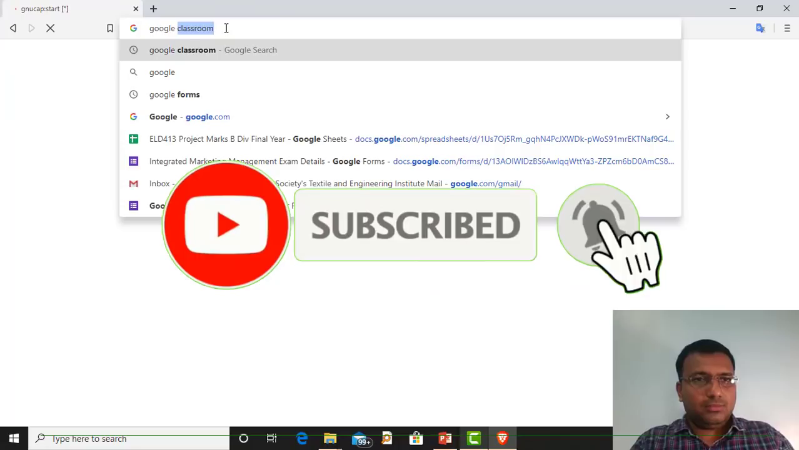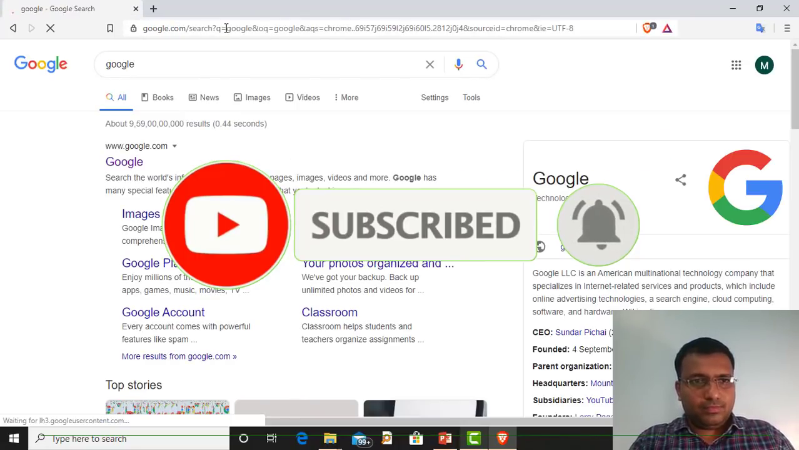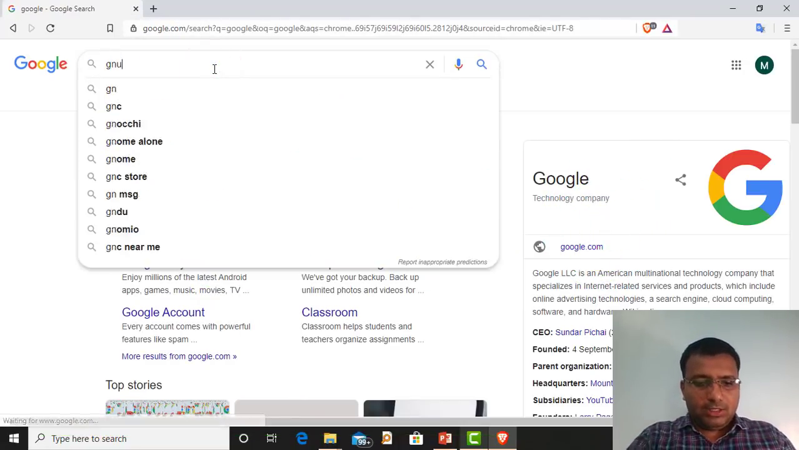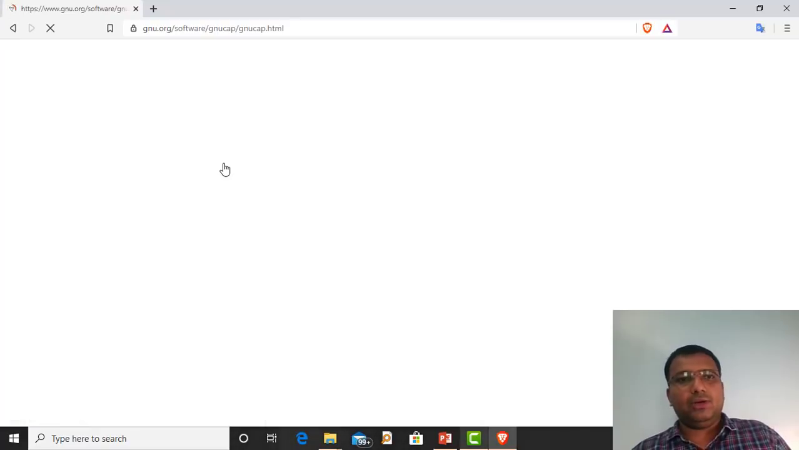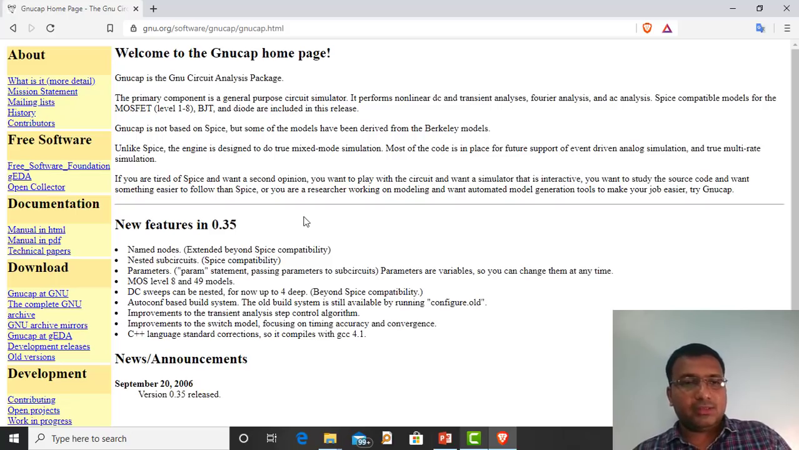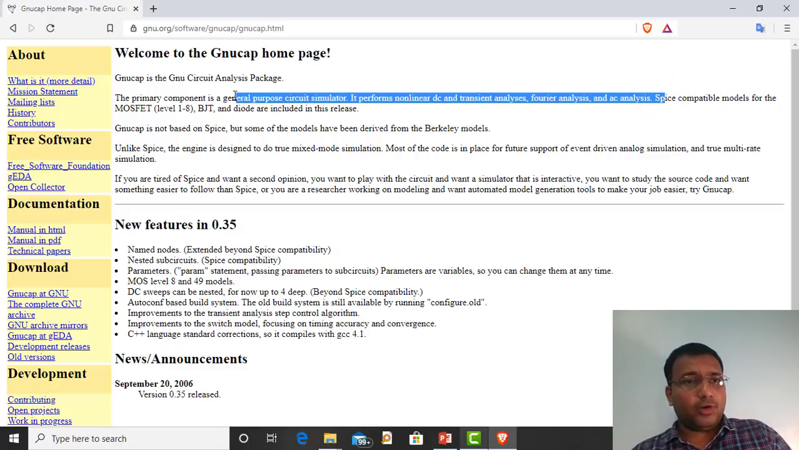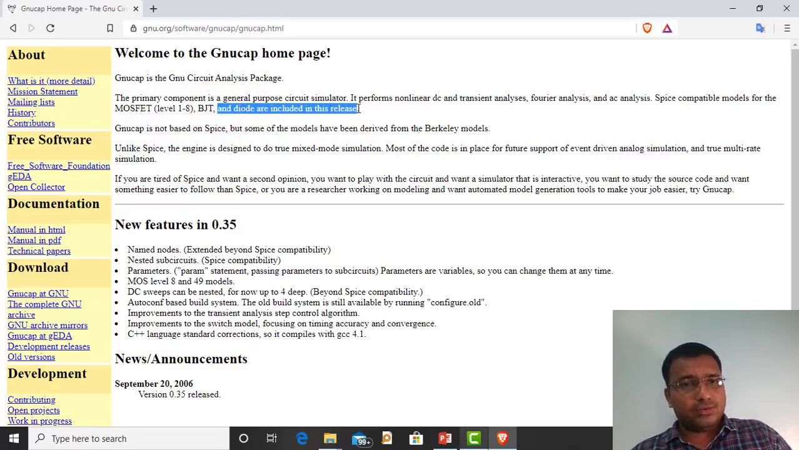We'll Google it, GNU Cap. Okay, gnu.org, you will get there only. They have different software available on gnu.org. So here it is, GNU Cap. You will get download options here, free download, EDA foundation, open collector and all. This is basically a Spice-compatible model for MOSFET, BJT and diodes, included in this release. GNU Cap is not based on Spice, but some of the models have been derived